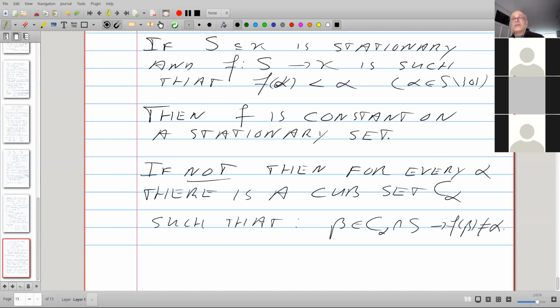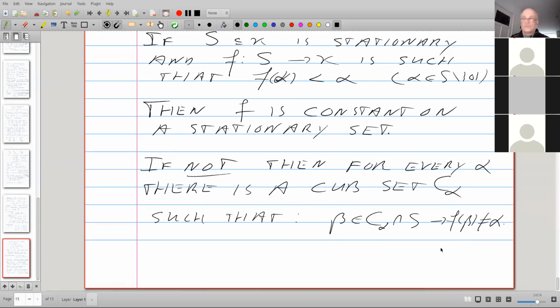If the set on which you are constant is never stationary, that means that for an alpha, the set of betas on which you get value alpha is not stationary. That means there is a closed unbounded set disjoint from it.